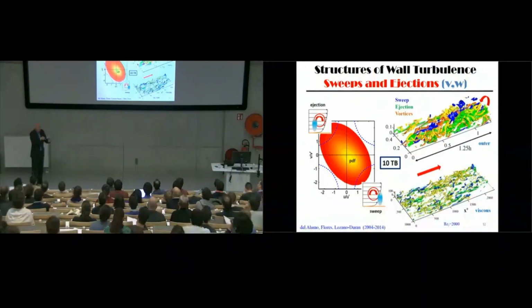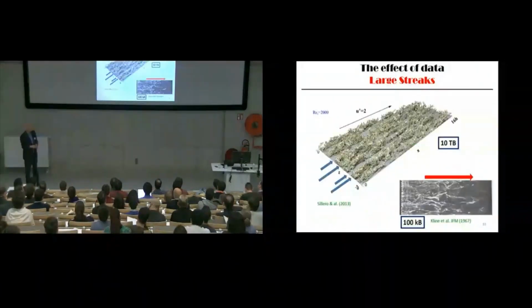Side by side, there is a sweep, okay? The ejection is here, the sweep is there. So in between, there is something like a roller, like a large-scale vortex, okay? And the large-scale vortex is a way of understanding this. And the structures, sorry,